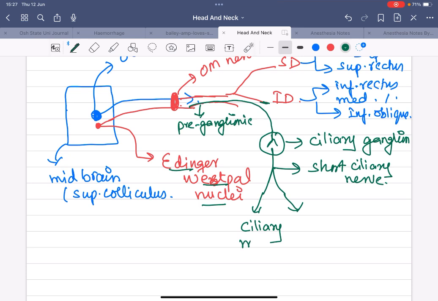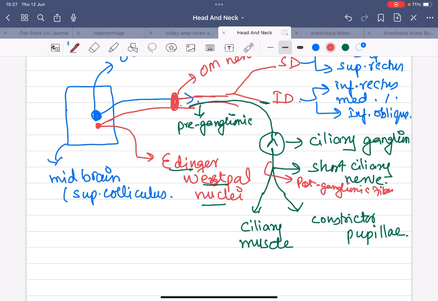Number 2, constrictor pupillae muscle. These two muscles, through the ciliary ganglion, are innervated by the parasympathetic system. Please remember, the postganglionic fibers arise in the ganglion through short ciliary nerves and supply the sphincter pupillae, which we can also just call the sphincter,